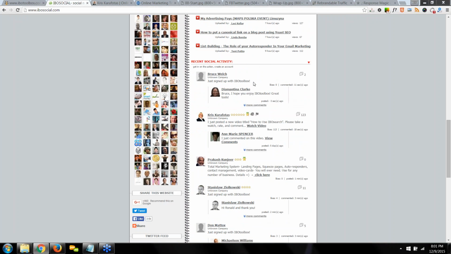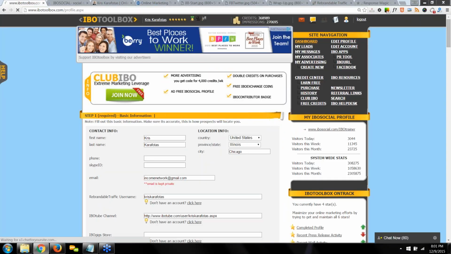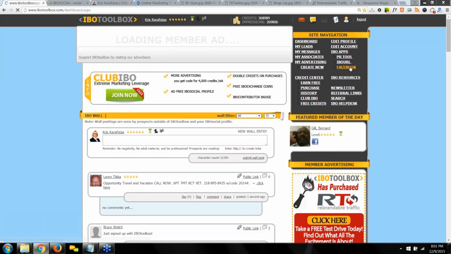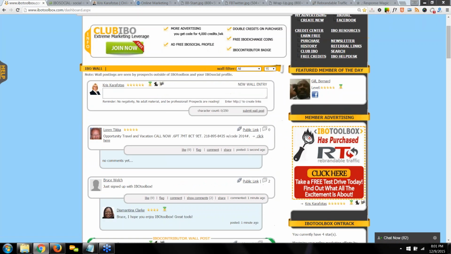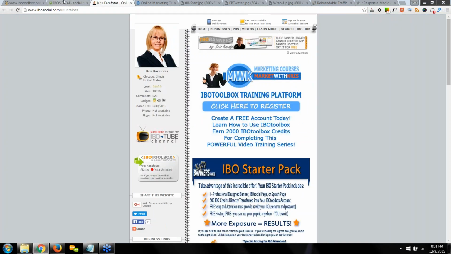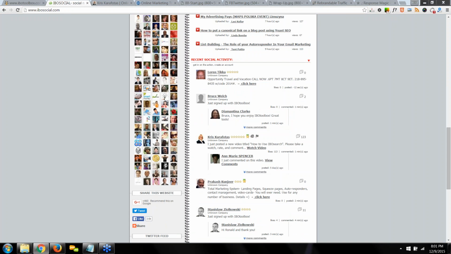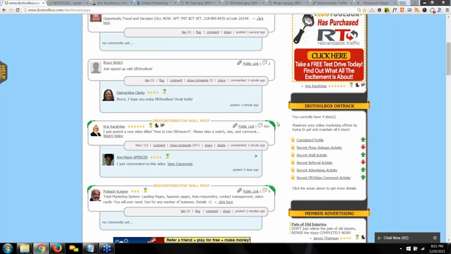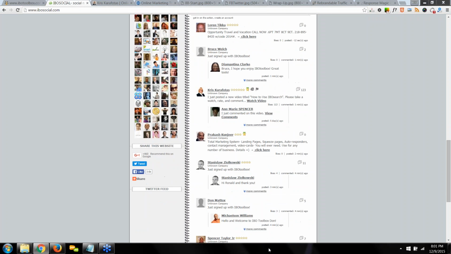This is the wall. Okay, we see this on the dashboard, right? So if we refresh this and we go here to the dashboard, you're going to see the same thing. So kind of take a mental picture of what's here. And if we go back over here, whoops, too far, it's the same thing. So we are seeing this on the inside as members, right? But that 96% of the daily traffic is seeing this.